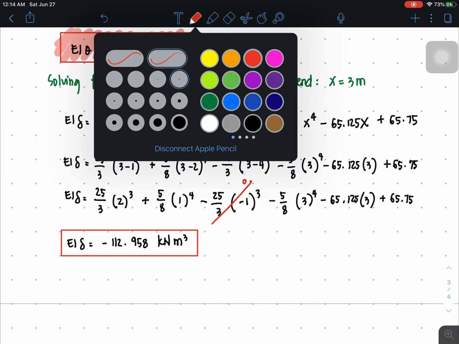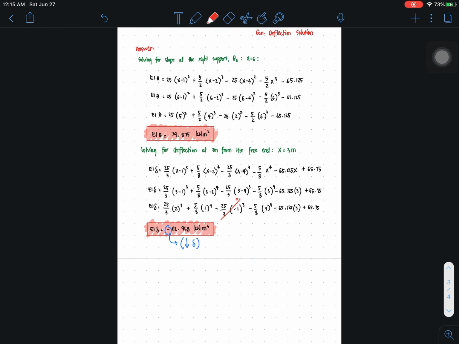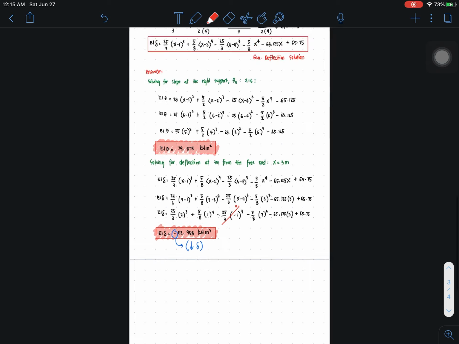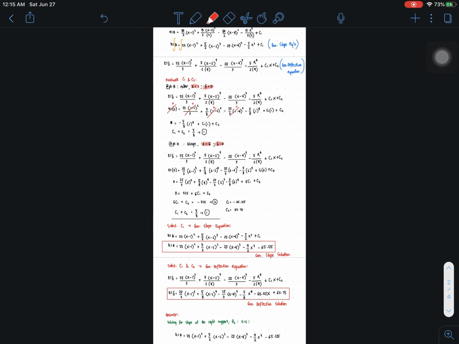So, there. And ako lang i-specify that this negative sign here represents that deflection is downward. And this is our answer for the deflection at the leftmost. Deflection 3 meters from the free end. That ends our example number 2. Let's proceed to our